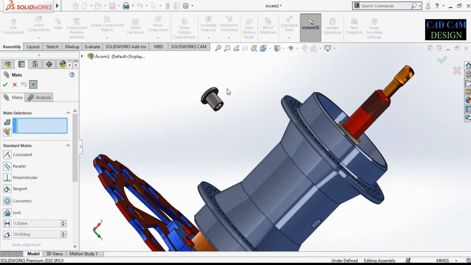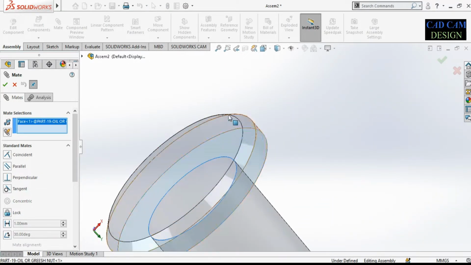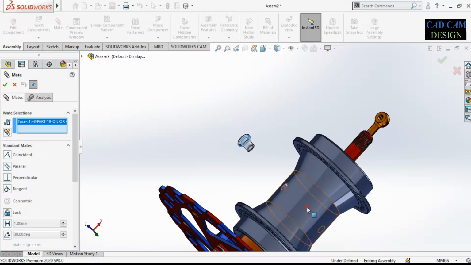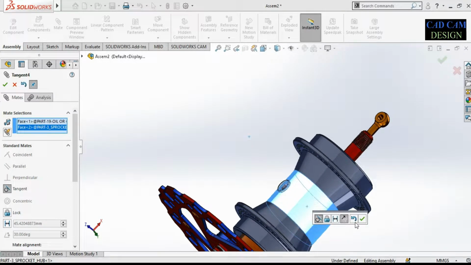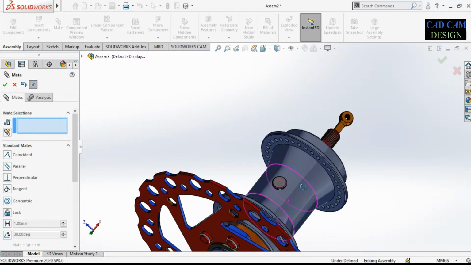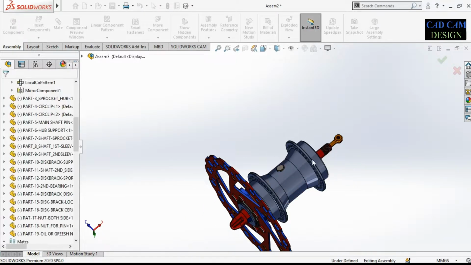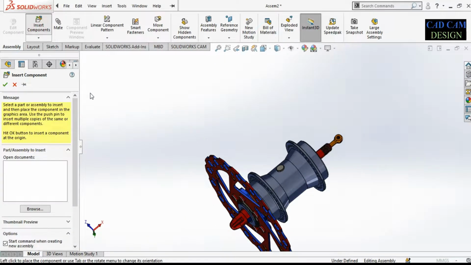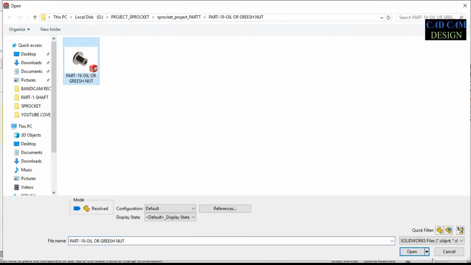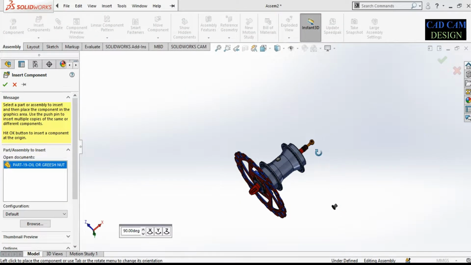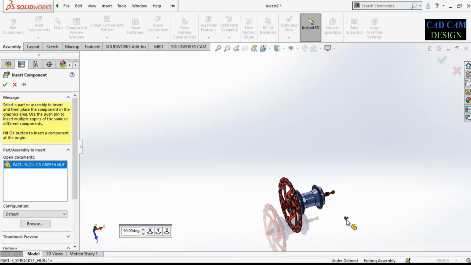Now we apply tangent relation to this face and this face, both are in tangent. Okay, now this nut is perfectly placed. Now we insert one more component, means one more grease nut or oil nut to make